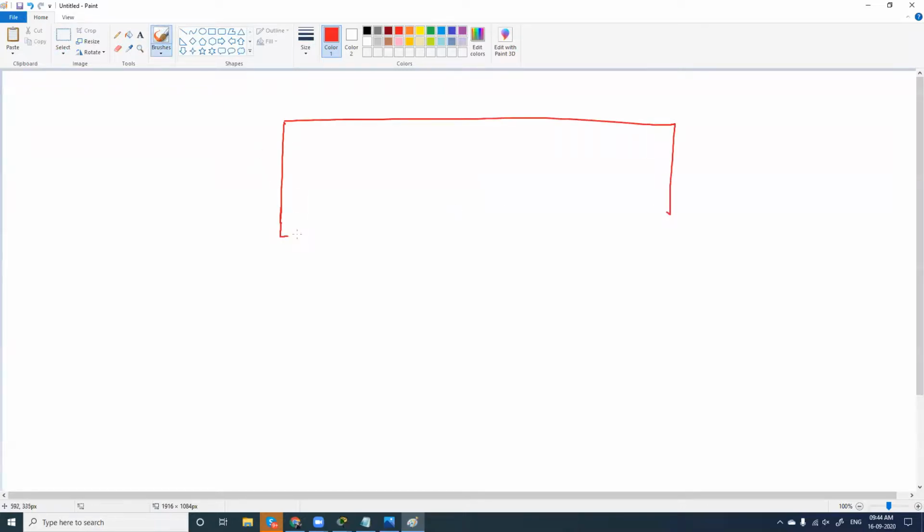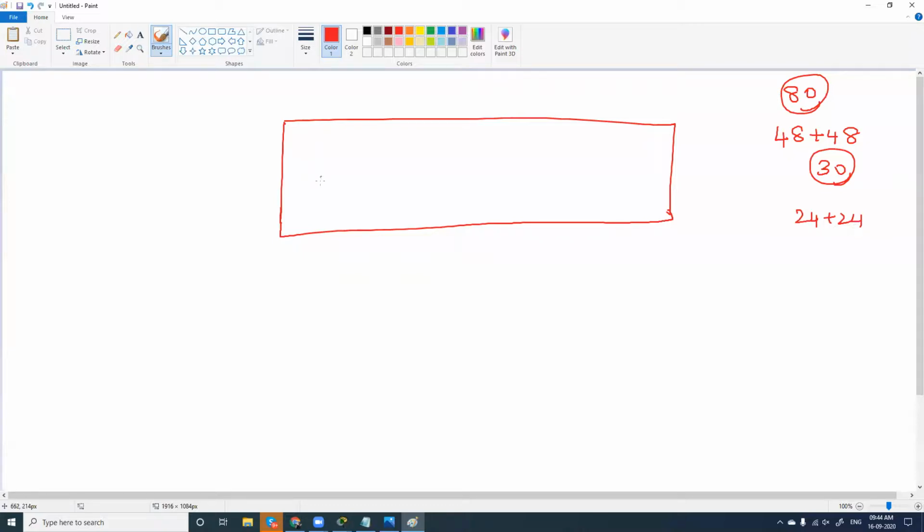Again, a graphical representation of this switch. For the number of ports of a switch, you choose a 24 port switch or a 48 port switch depending on how many computers you have. Say, for example, you have 80 computers in your LAN, so you can choose 2 48 port switches. Or you have 30 computers in your LAN, you can choose 2 24 port switches, or it can be any combination. The port number is based on the number of computers required. So let me give the ports here. This is port number 0/2, this is 0/3, and this is 0/4 and 0/5.